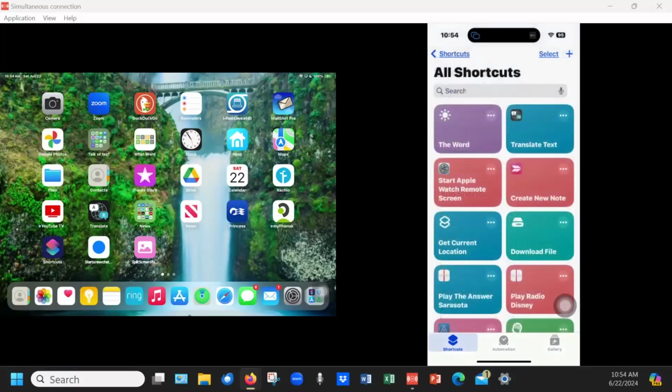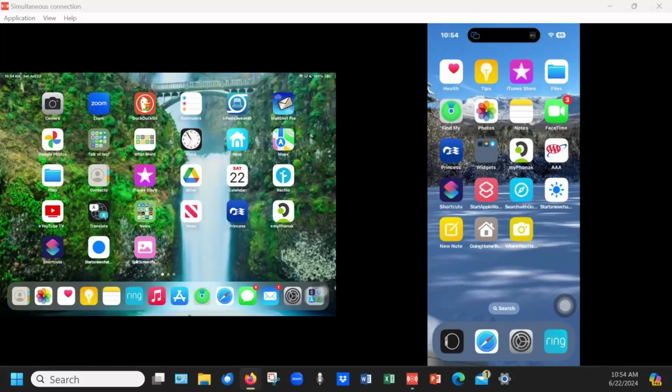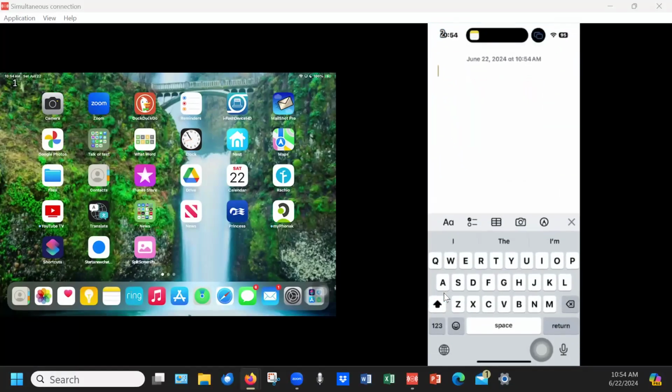We won't try that right now. What other ones do I have on my phone? There's one called New Note. That's pretty lame. You just tap it and it comes up with a new note. You can just start typing your note instead of going to